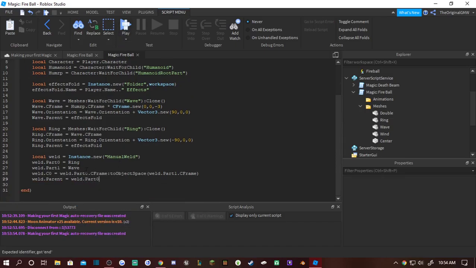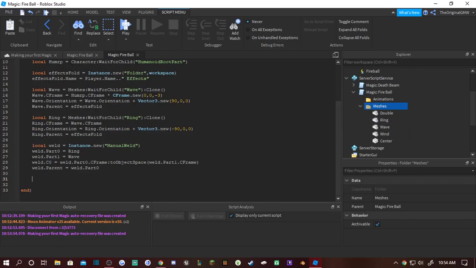Okay, so now let's make sure the massless is on. Okay, so now what we're gonna use is a BodyVelocity that gives it that force to